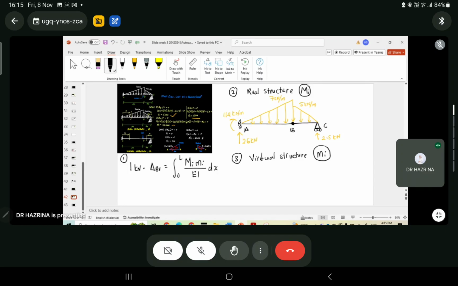This is capital M, smaller m. So here you have A, B, and C. In this case, because we want to find the vertical displacement at B, we only apply 1 kilonewton at